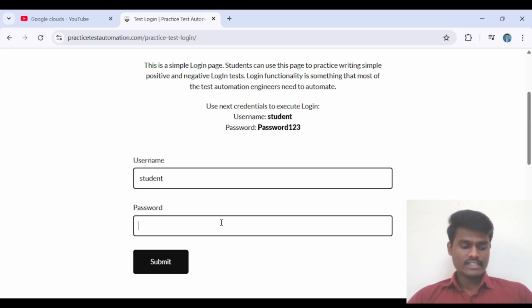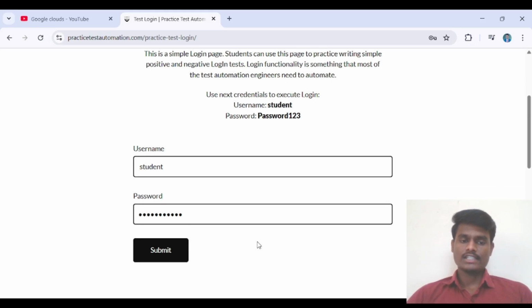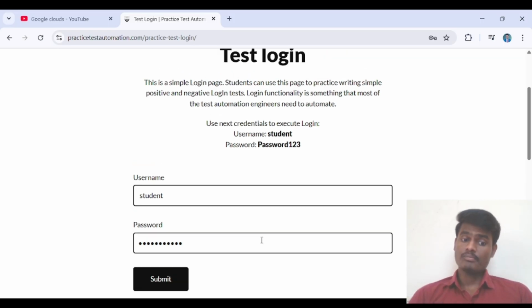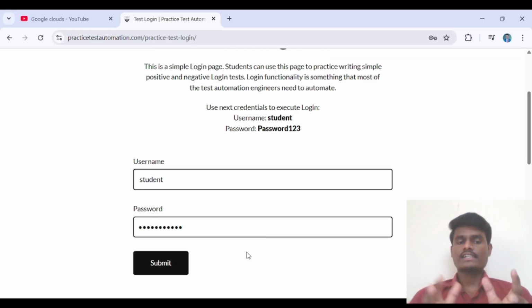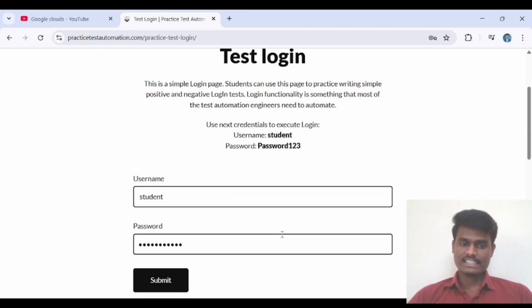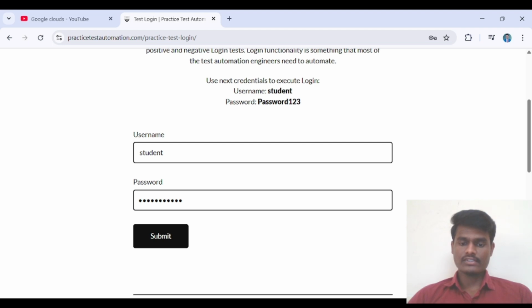If the username and password are correct and you click on submit, you will get directly to the home page, or it will show successful login. So for this we are going to write a test case. See guys how we are going to write a test case.